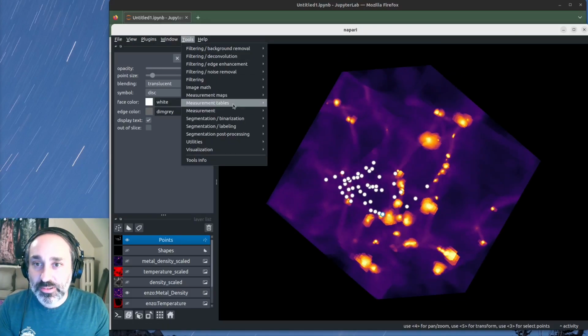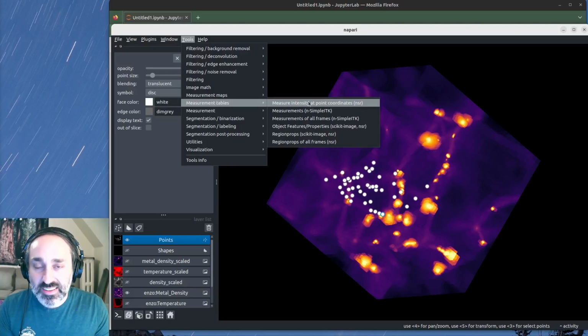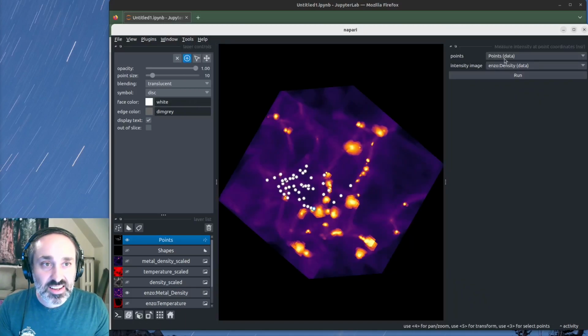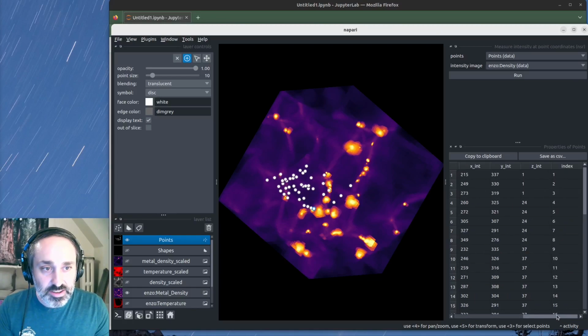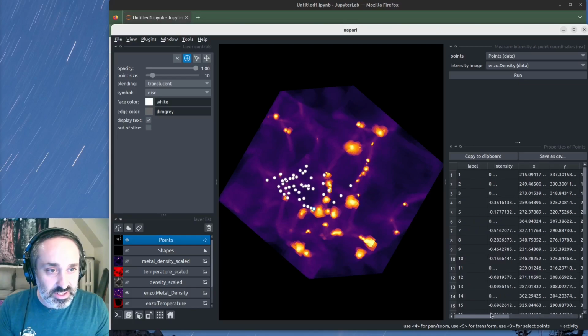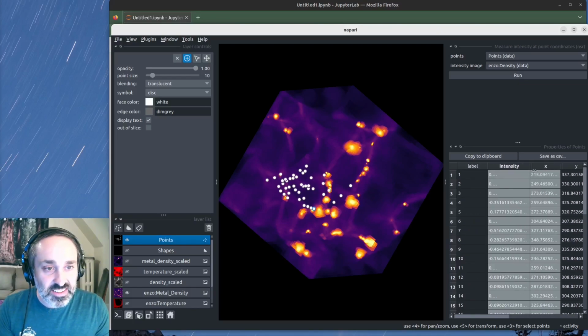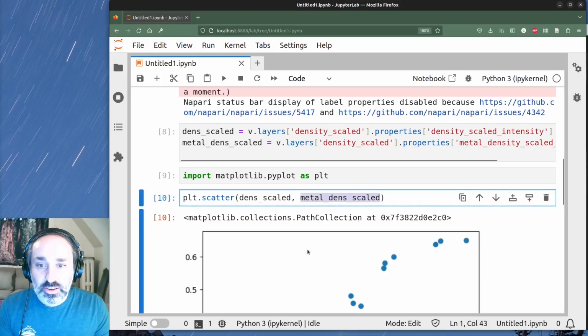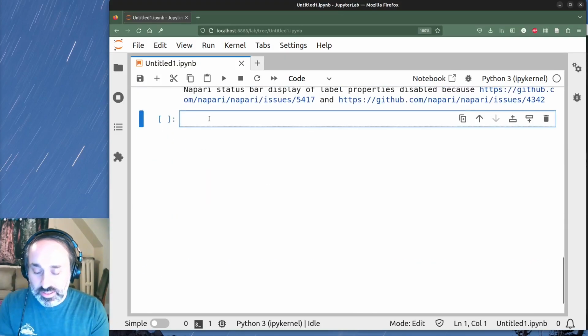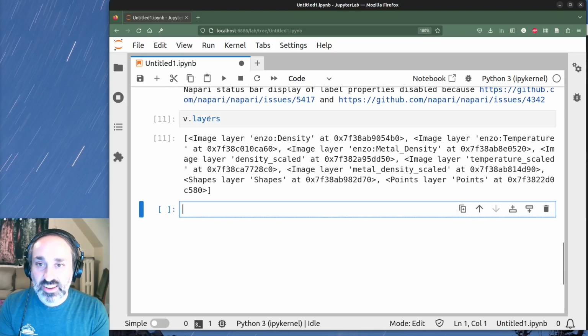If you go over to Tools, Measurement Tables, you can hit this Measure Intensity at Point Coordinates, and then select our points data and the layer that you want to sample, and hit Run, and it'll give you all of the values of density at this. Oh, it's this intensity column. So the intensity column here is the value of the field that we sampled, and this time it gets stored as properties of points. So if you go back to the notebook and again check out our layers,